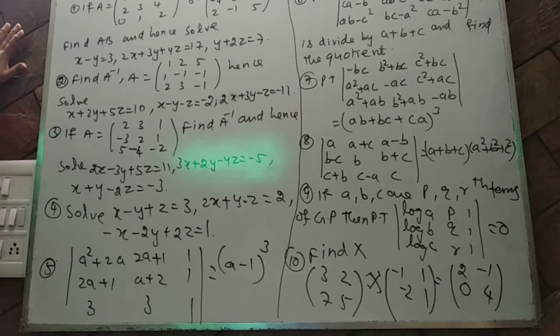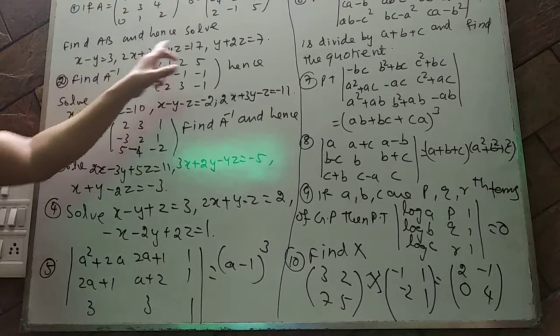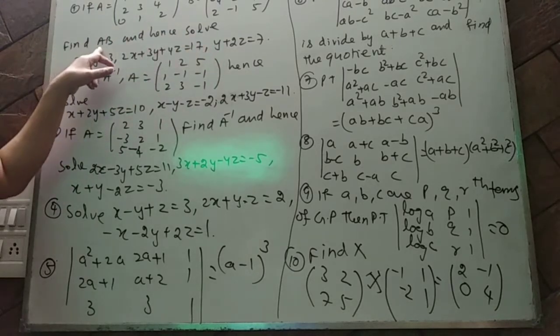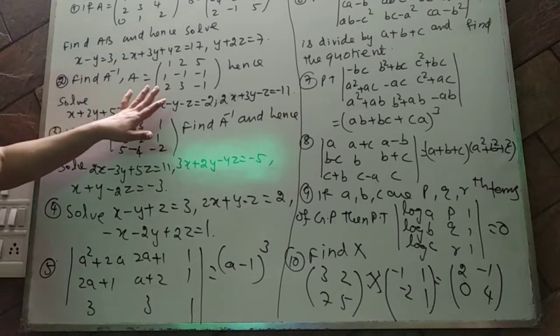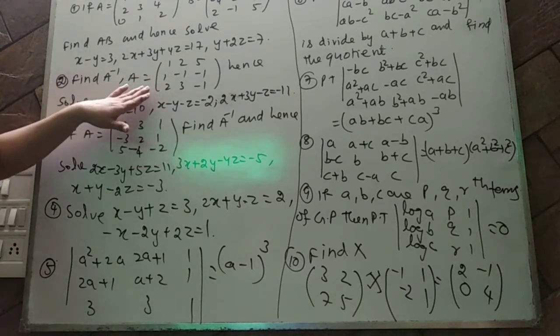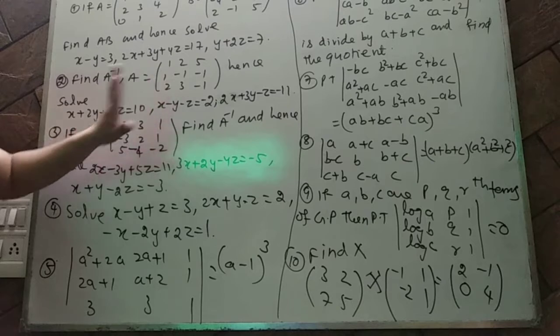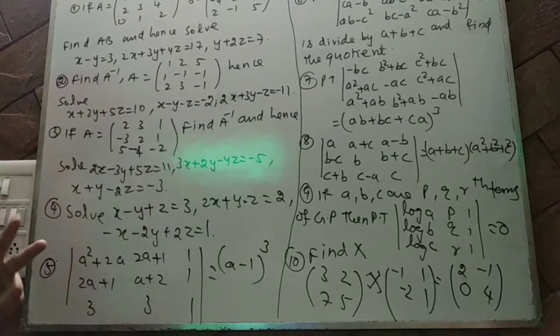Yes, sir. Yes. Now, beta, this one you will find AB. After finding AB, as I told you, when you solve this equation, through this AB you have to find the inverse. Mind it, don't find the minor cofactor once again. Not even one student should make a mistake, keep that in your mind. Now next, to find A inverse, what I told you is that either you will get the transpose of this matrix, or otherwise the same matrix. There are only two relations, not more than that. Either the same matrix or the transpose. So you have to take it directly.